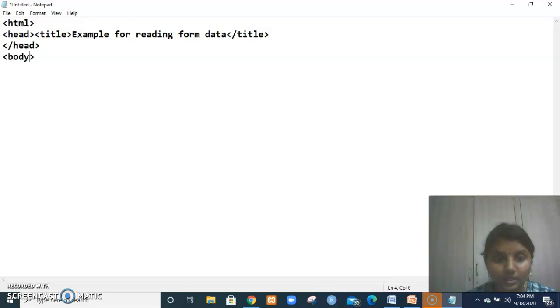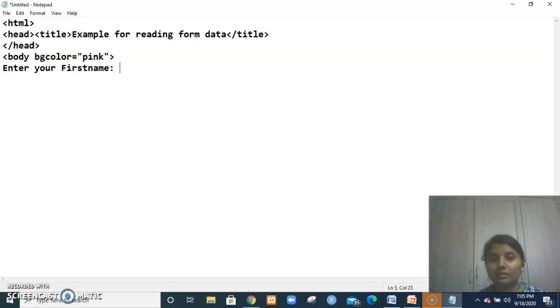You can give a background color, pink. Now let me give an input: enter your first name. To get any input from the user, we should have a label and an input box.